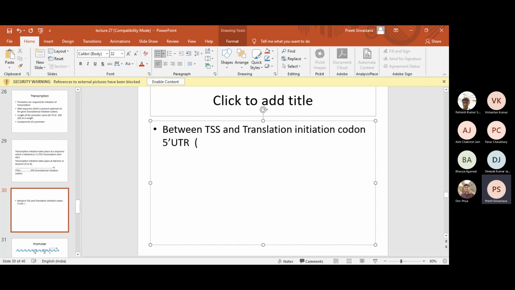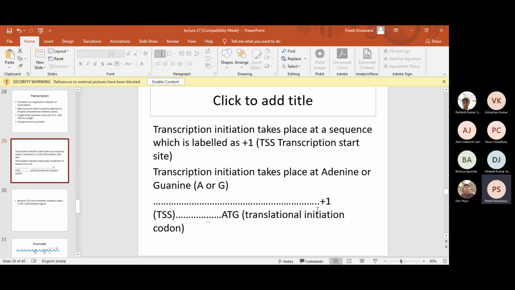UTR stands for untranslated region. So the question is why it is called the untranslated region, because if you see that +1